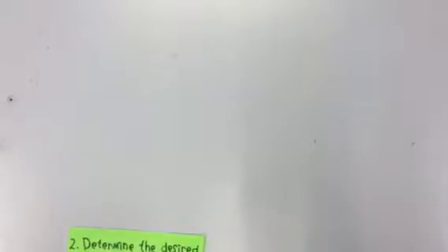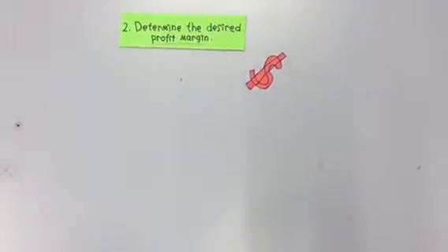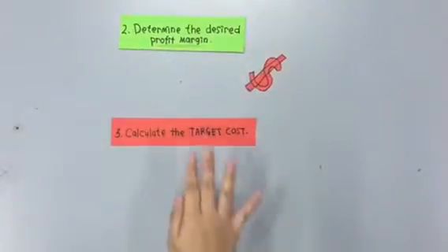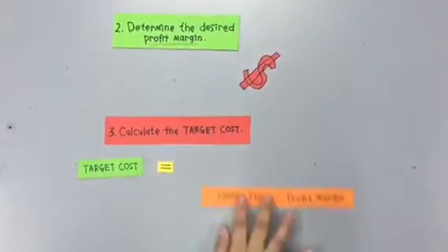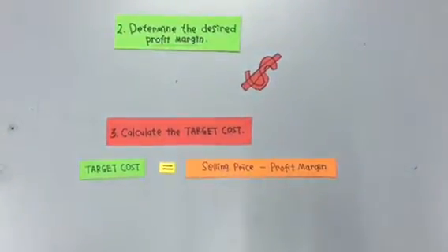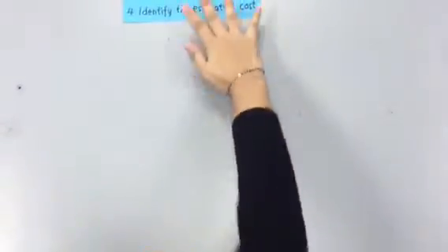After setting the selling price, the company should identify the desired profit margin. Later, by using the formula target cost equals selling price minus profit margin, the target cost can be identified. As in the traditional ways, before a product is made, the cost must first be identified. When the estimated cost and the target cost have been identified, then only